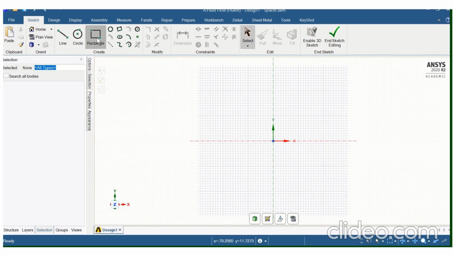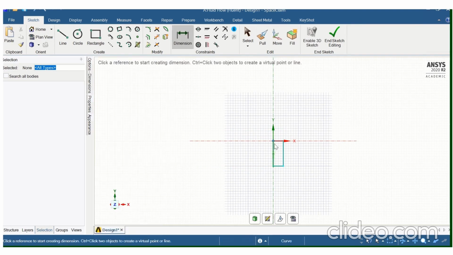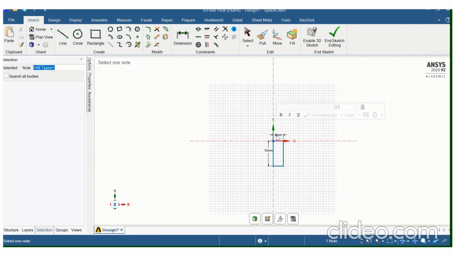Now you have to draw your domain. After that you have to give the dimension. So click on dimension, and just by double clicking on it you can change the dimension of the domain.